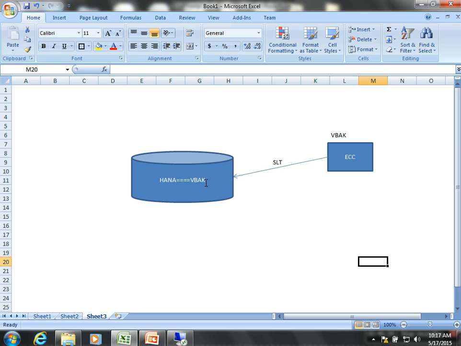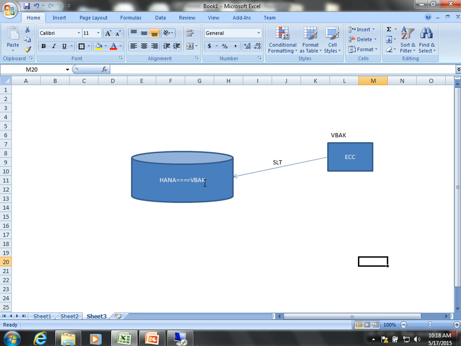It means I need to replicate 50 tables, rebuild the logic, and then expose the view for reporting. That is the point. This is because SLT can only replicate data in real time using a table or a database view. Now imagine if it is BW with ECC, can I leverage the existing extractors delivered for LO extraction, 2LIS_11_VAHDR, V8? I can just use a ready-made extractor, load into my targets and start doing reporting. I know it's not real time, but you can still leverage it for real time through RDA.